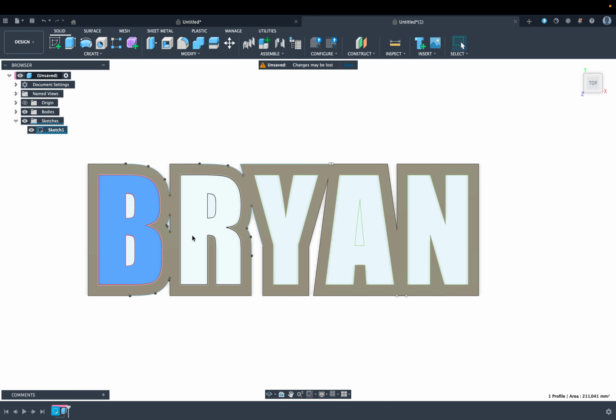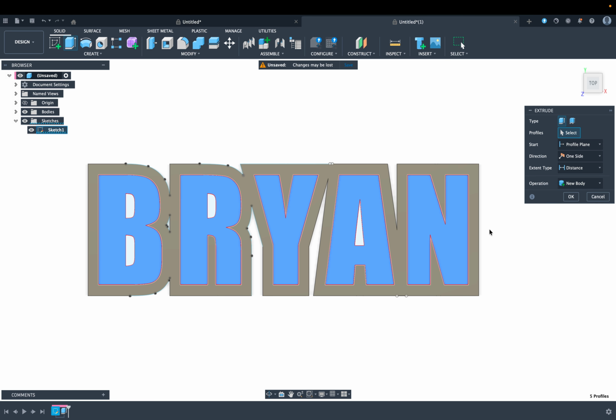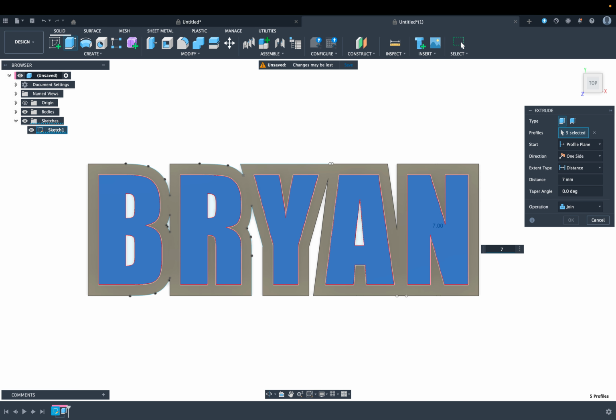Now for the second layer, you select all the portions that you want on the second layer. You'll hit E for extrude, and then I do 7 for a 2 millimeter gap. Then you want to make sure it says join. You don't want it to say new body because then it'll be 2 separate parts. So if you join it, hit OK,